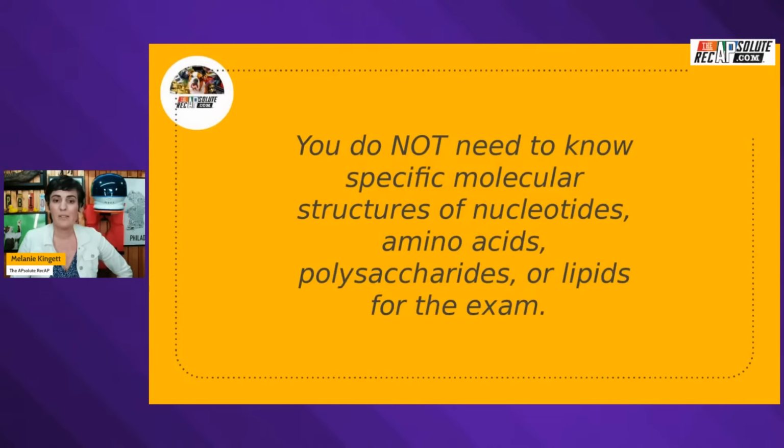So in unit 1, this is going to be specific structures of nucleotides, right? So you don't have to visually be able to tell the difference between adenine and thymine within a nucleotide. You should know they're one-ringed, two-ringed components, but structurally, where are the nitrogens? That's not necessary. Amino acids: you don't have to be able to tell me what methionine looks like. But if they show you methionine on a diagram and tell you it's methionine, then you should recognize, oh, here's the R group. Here I have my carboxyl. Here's my amino group. All of those pieces of amino acid structure are important,